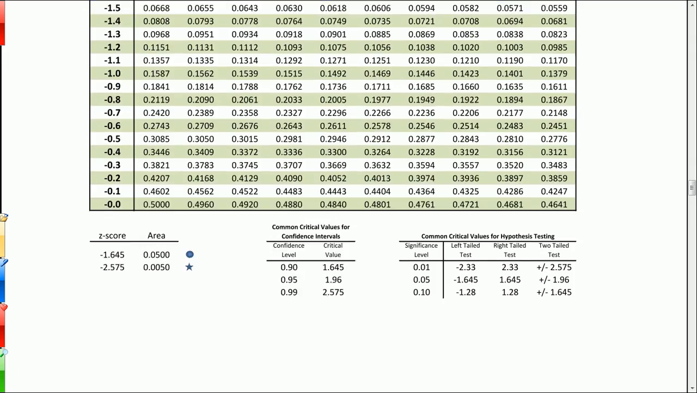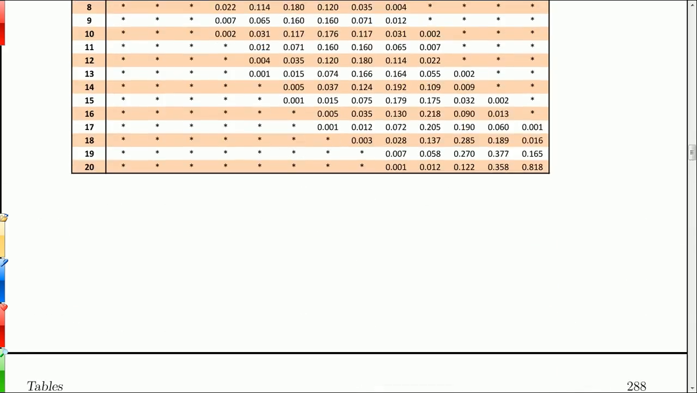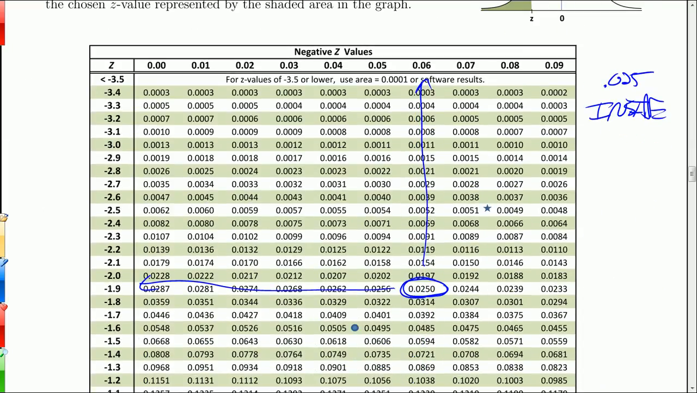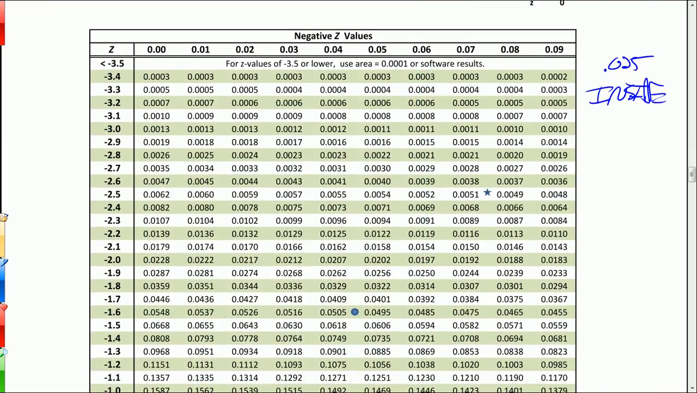So if I'm looking for 0.01 in the left tail, whoa, went too far. I'm looking around for 0.01 inside here now. 0.01. And let's see, I have 0.0102, 0.0099. Which one of these is closer? The 0.0099. They're both pretty close, but the 0.0099 is closer to 0.01. Right. So the critical value is negative